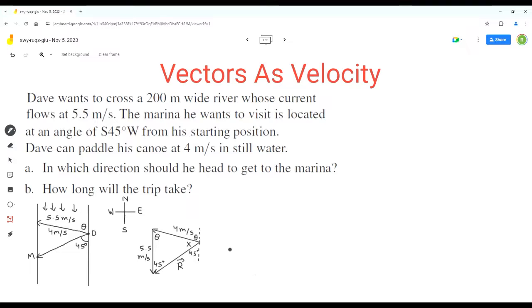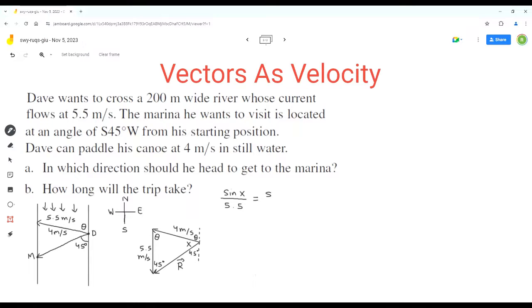And for that, we'll have to use the sine law equation. So our sine law equation will be sine x over, so the magnitude of the vector that's opposite to angle x is 5.5,